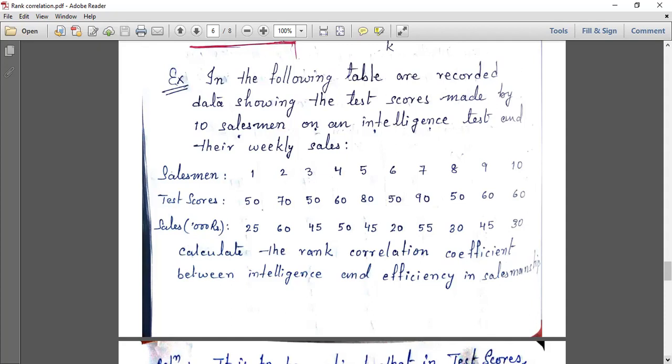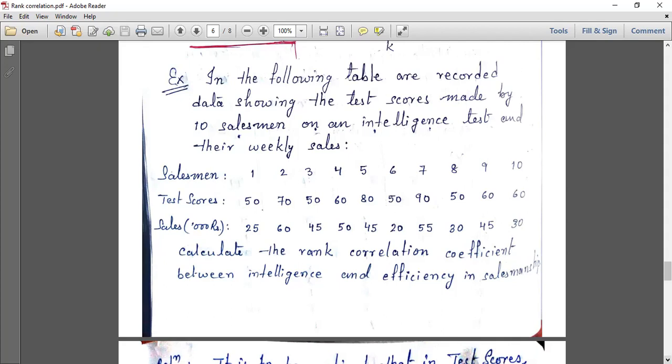One is the test score according to their intelligence. They were given a test, and the scores they obtained in the intelligence test are given for the 10 individuals. And then the sales they have made, in thousands of rupees, of these 10 individuals, is given as